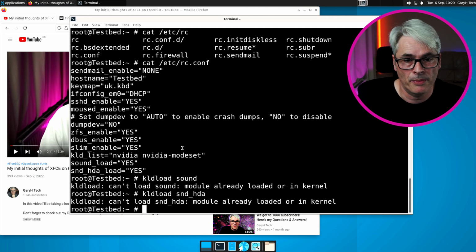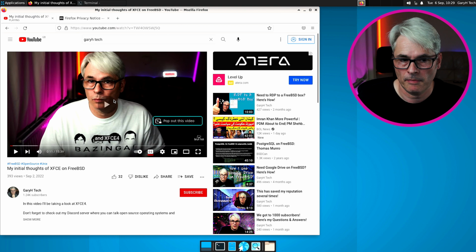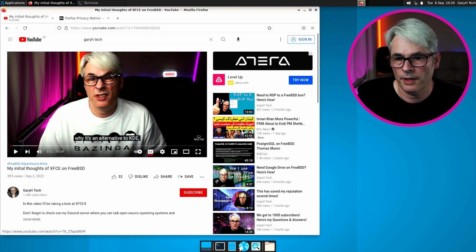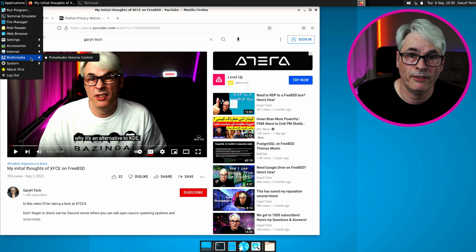So in this environment, which as I said before is XFCE, so we know that's working. I also had to install a little applet, which was PulseAudio Volume Control. So that would be pkg install xfce4-pulseaudio-plugin, and that will give you this,